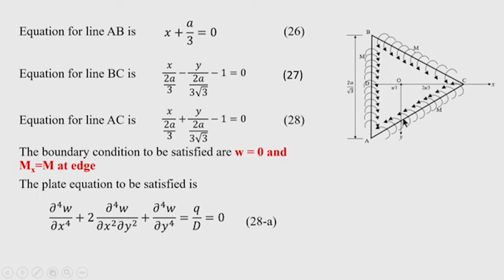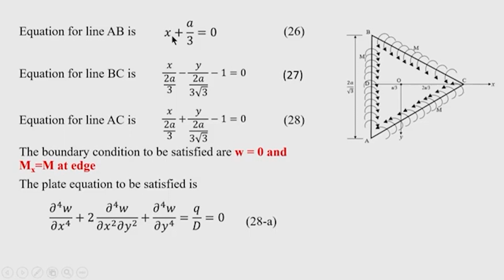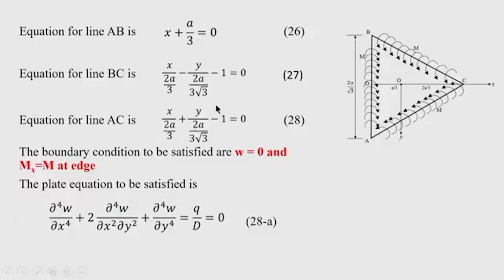Now, here the intercept is found as positive. So, positive intercept is found. Now, you can see that the plate equation can be formed by taking the equations of the sides of the triangle, because along the sides, that is along the edges of the triangle, deflection is 0, and when we take the equation of the line, that is the side of the plate, as a term of the deflected surface, then we get that along the edges deflection is satisfied. Okay. So, that condition is satisfied by taking W is 0, because along the boundary W is 0,